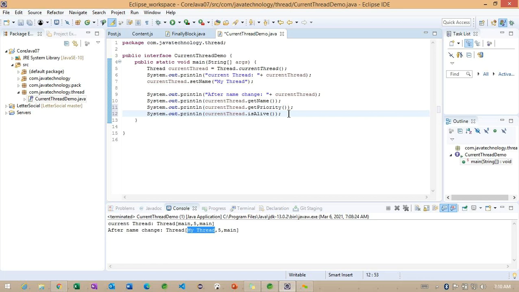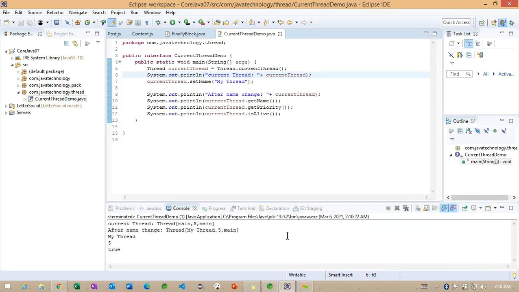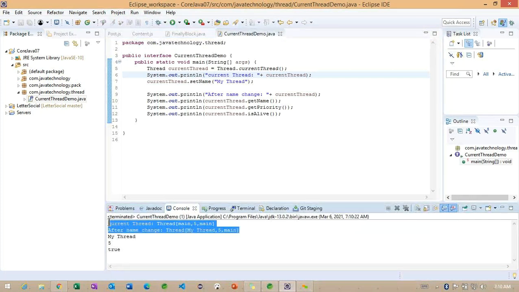Now we focus on the remaining methods, because we have a few more methods which reside in the Thread class. Carefully observe what values we are going to get here. After changing up to this, we identified the name of the thread: my thread. And the priority we identified is 5. And whether this particular thread is still available or not, it is returning true, so the thread is available. Getting the point? This is the way we can check the current thread information using the Thread class. And one more I want to specify.